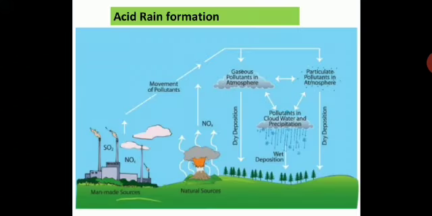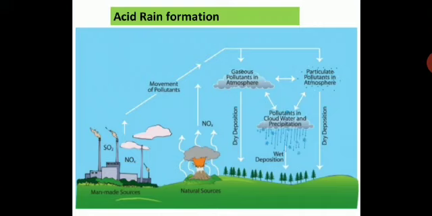Here you can see acid rain formation. Here in this image you can see all the emission from the factories, the natural sources, where burning of the forest fire also, so many other causes for the air pollution. And because of that you see the particles of the pollution in the atmosphere, gaseous pollutants in the atmosphere, they all go in the atmosphere, and when they dissolve or mix with the rainwater, they form different types of acids and they again fall back on the earth.